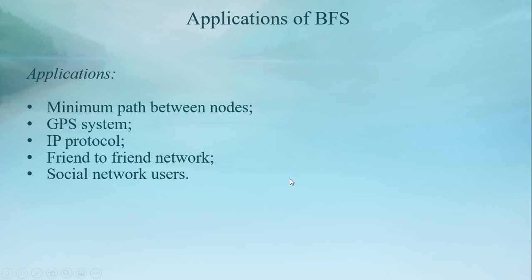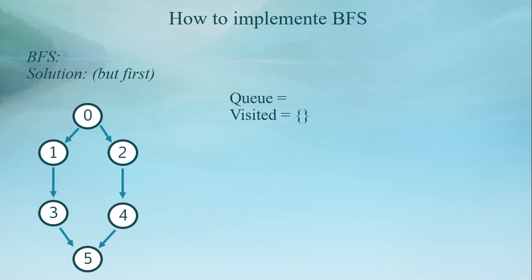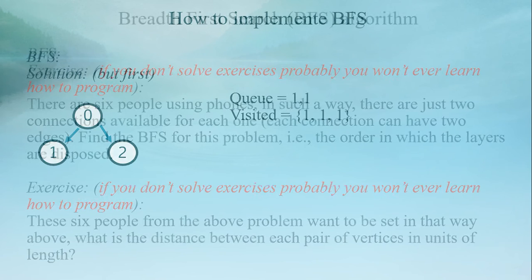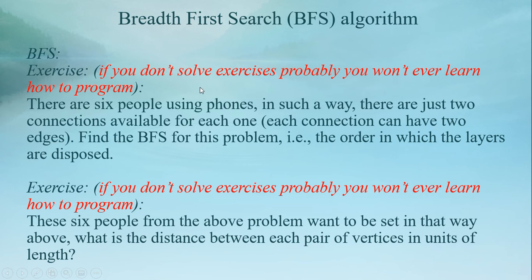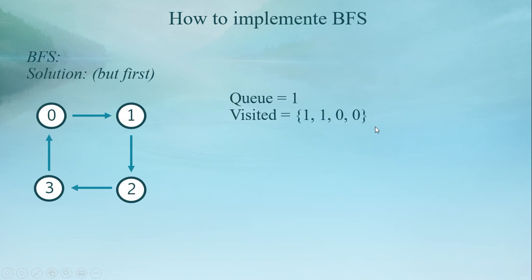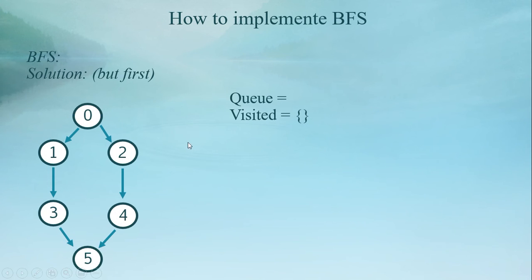So we understood how to do this problem, right? I think we forgot something in the problem that we're talking about. There are 6 people using phones in such a way that there are just 2 connections available for each one. So actually each connection can have 2 edges. So indeed we needed to put one more edge from 0 to 1 and 1 to 0, from 1